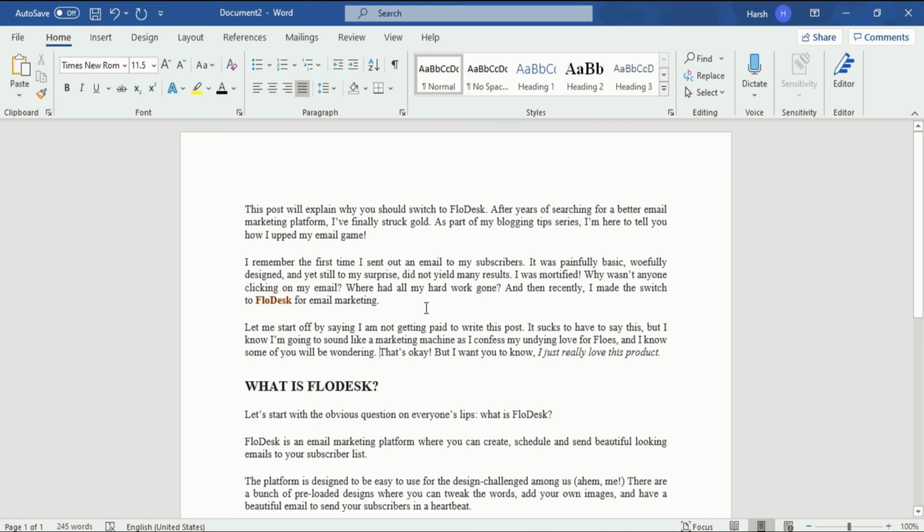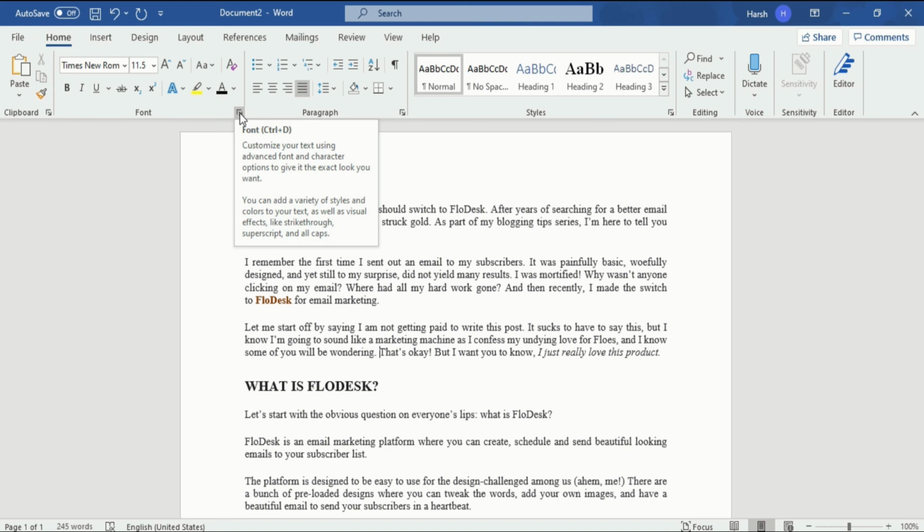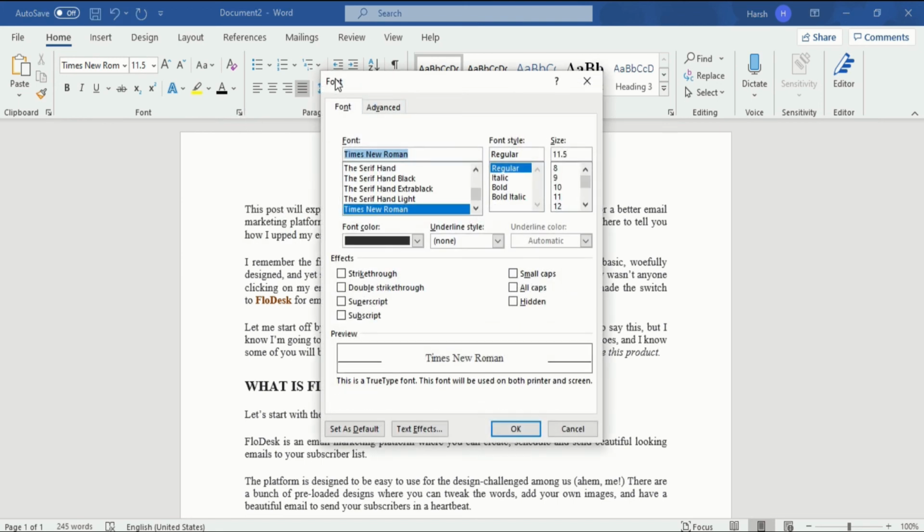Like, if I want to make it default, so that every time I open a document and write something in it, it should be in Arial 12 point, because it's my company policy. In that case, you just have to go into the home tab. In the home tab there's a font option. In the font option there is one option that is font, or you can use Control D. When you click on this option you will see a font dialog. In here you will see the fonts, like I will use Arial. Just type Arial. So this is Arial.